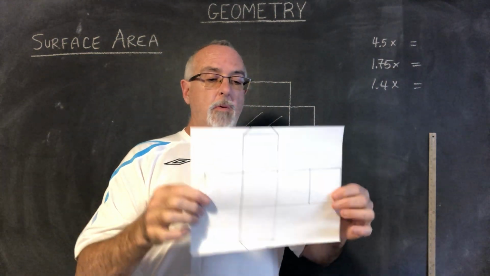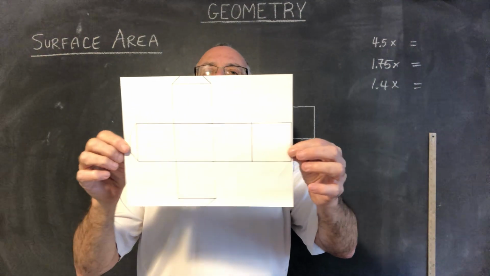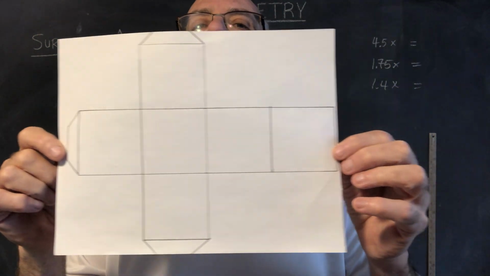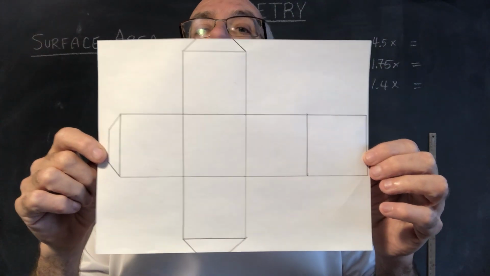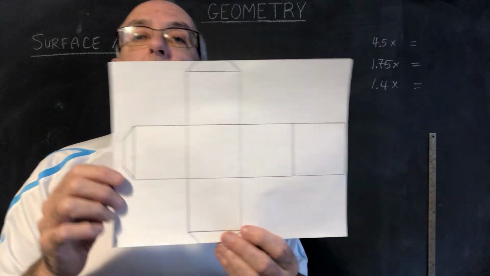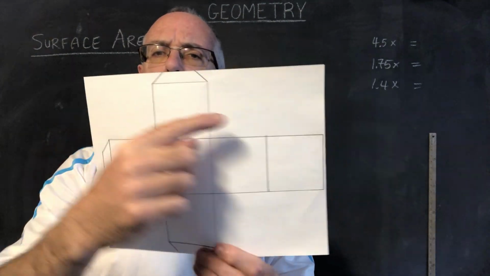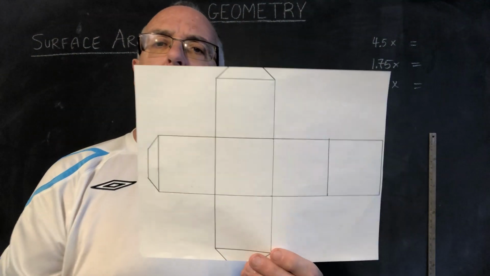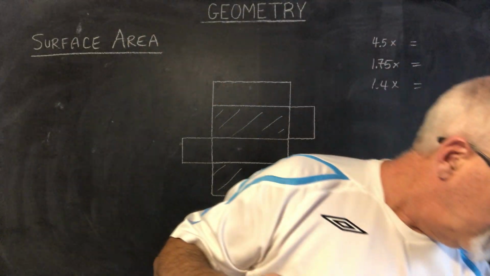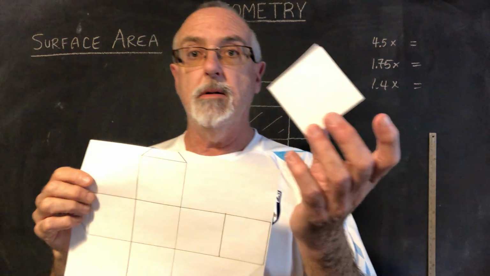Okay, so what is this? This is a net drawing of a cube. How do I know it would become a cube? Well, we can see that it has 6 faces, which are all squares. And if we were to cut this out and fold together along the lines, we would be able to make it form a cube. Well, I guess I could reveal what that would look like by holding up this thing,